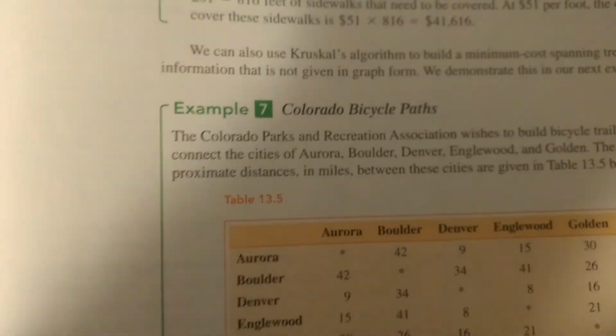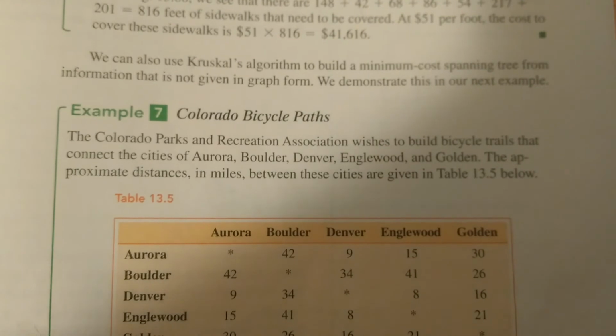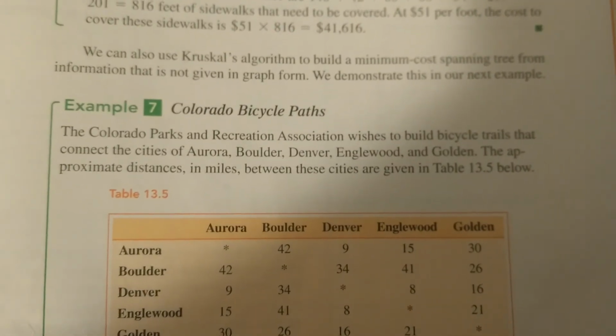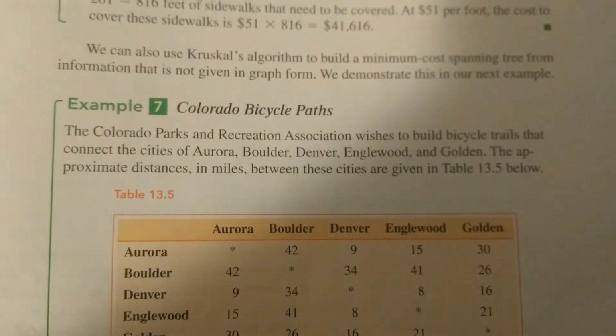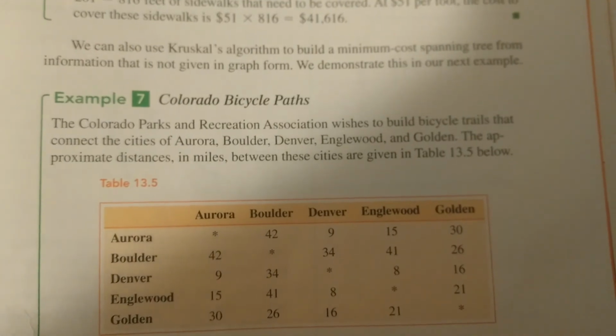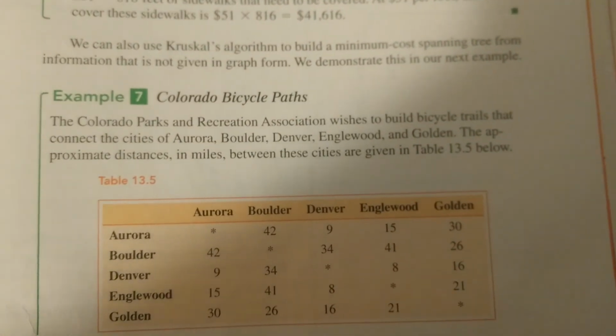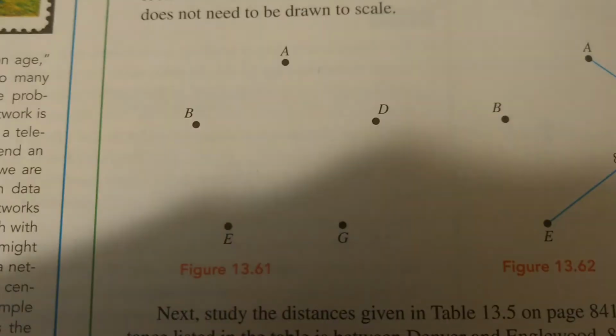Last example problem I have here is on page 841. It says the Colorado Parks and Recreation Association wishes to build bicycle trails that connect the cities of Aurora, Boulder, Denver, Inglewood, and Golden. The approximate distances in miles between these cities are given in the table. So here's the distances given in the table. If we come over here, we just plot those cities. Here's the 5